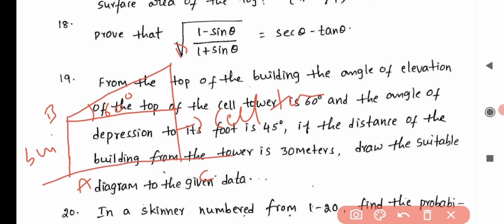Okay, next, the angle of depression to its foot is 45 degrees. This one is the angle of depression, this is 45 degrees. Okay, the distance between the building and the tower is 30 meters. This one is 30 meters. So draw the suitable diagram. This is your diagram. Okay, next,